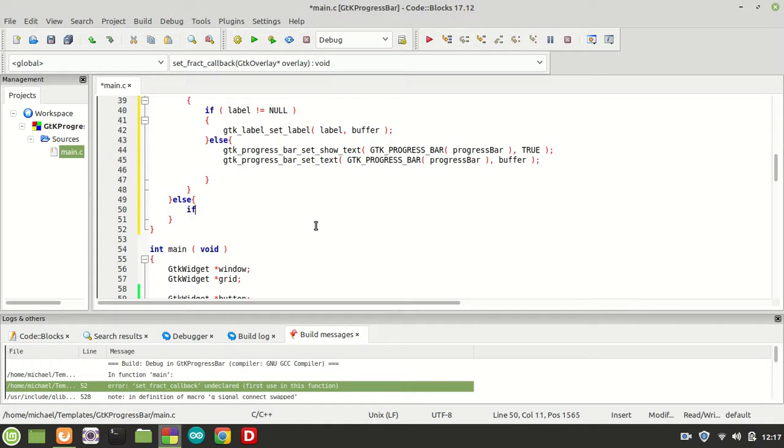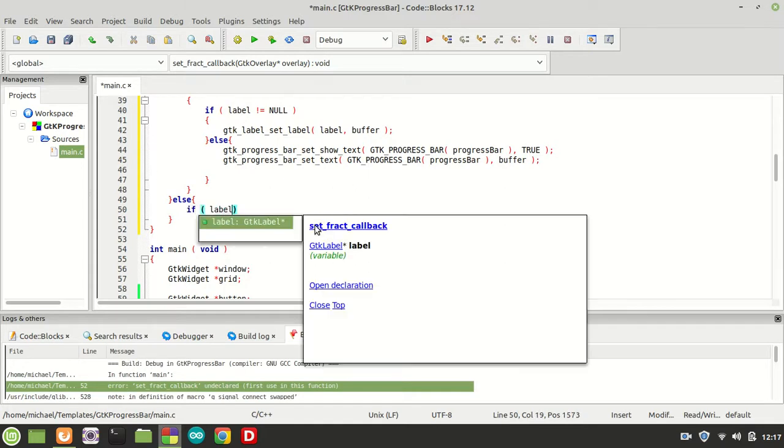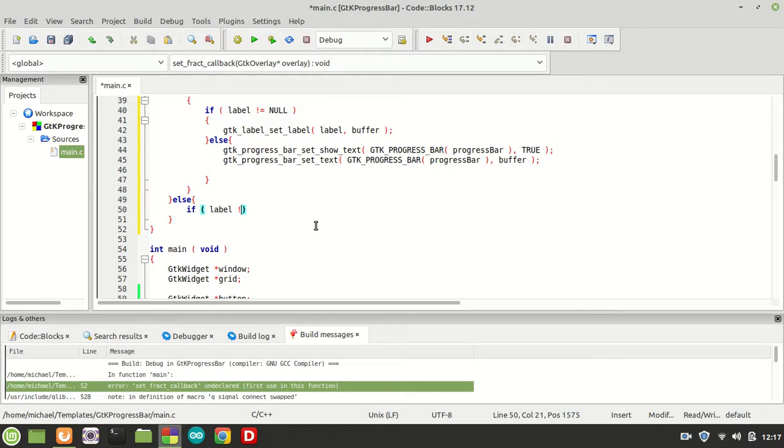I'm going to say if label, again we check to be sure that the label is not null, which means we do have a label to work with. Because if we don't have a label, then we cannot do anything. Basically we are going to set the text, so I'm going to copy this part right here,